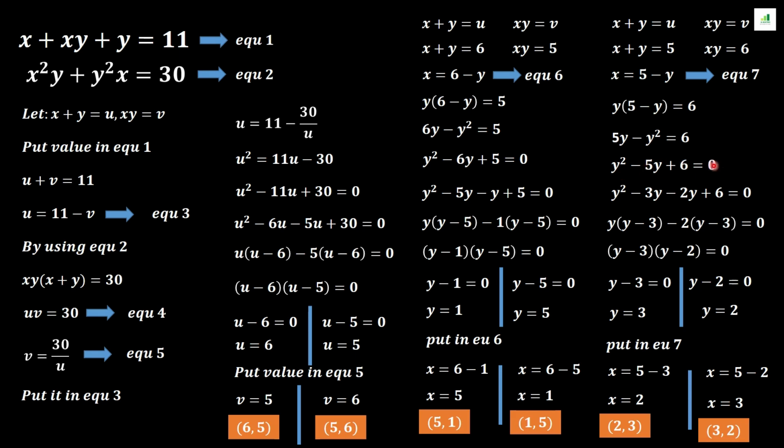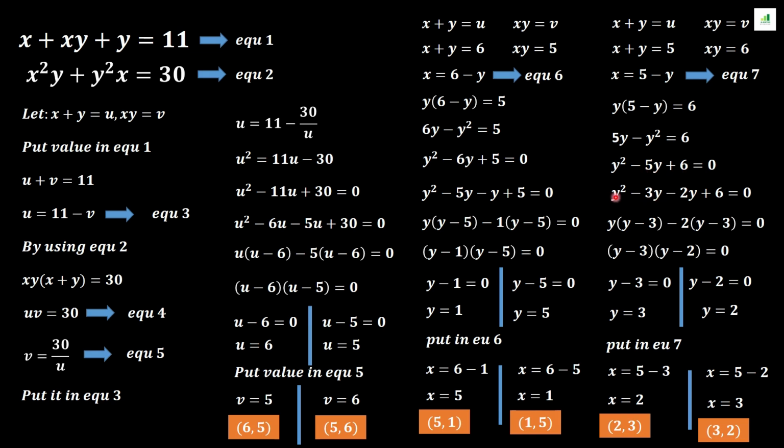0. Because this y square has a negative sign, it will move to the other side of the equation, and this positive 5y will move to the other side of the equation and it will convert to minus 5y, plus 6 is equal to same as before, and equal to 0 same as before. Now this is another quadratic equation and a factorizable equation. So here you can see that this positive 6 is the c of a quadratic equation which has the positive sign. It means that this b will break in the same sign,